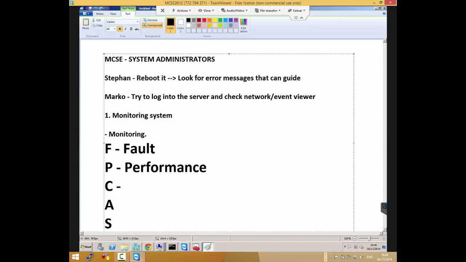Maybe someone complains that it's responding slowly or something like that. I want to monitor the utilization of the network card. Is it being heavily utilized, that someone is doing something and it's using maybe 80% of the bandwidth of the network card?